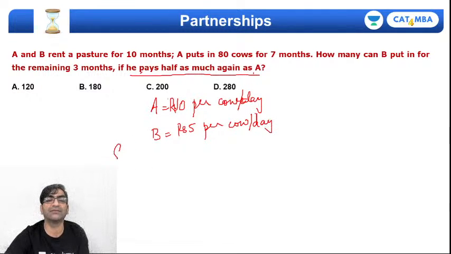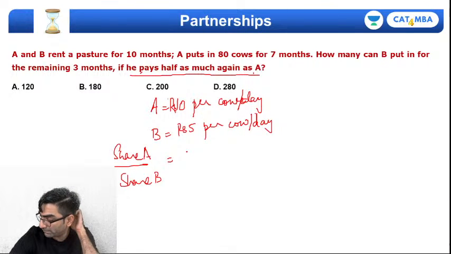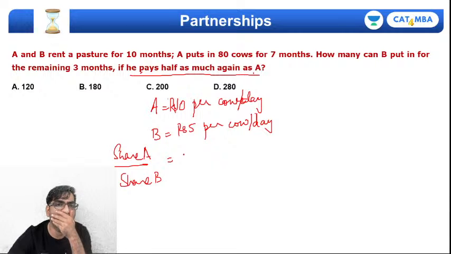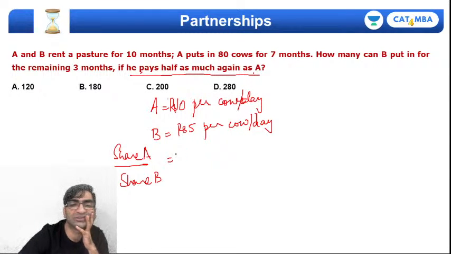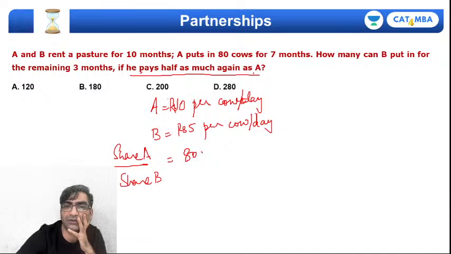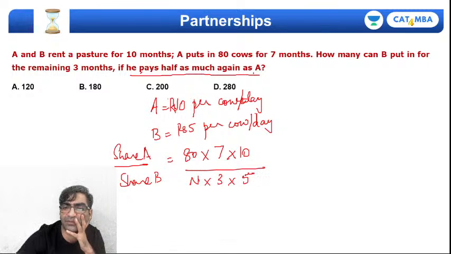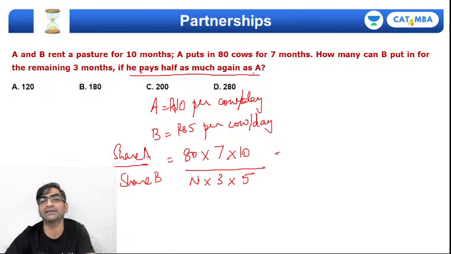Okay, we still have share of A is to share of B, which should depend on the number of cows grazed, right? A grazes 80 cows for 7 months at 10 rupees per day. B grazes N cows for 3 months paying only 5 rupees per cow, right? And this ratio